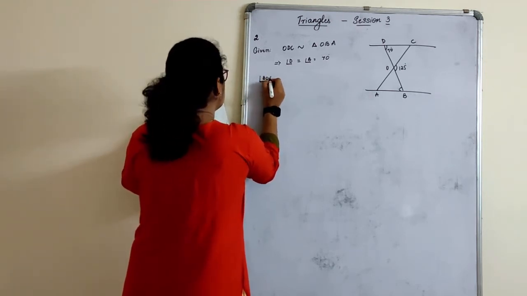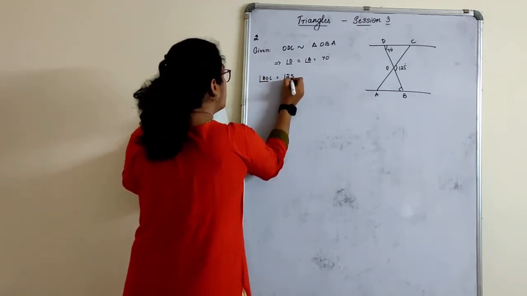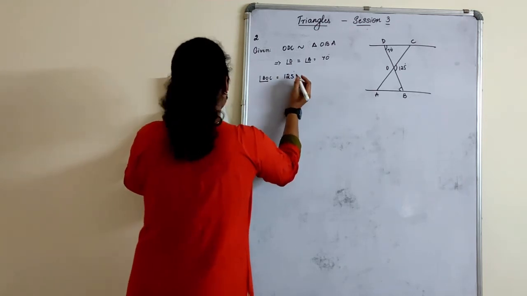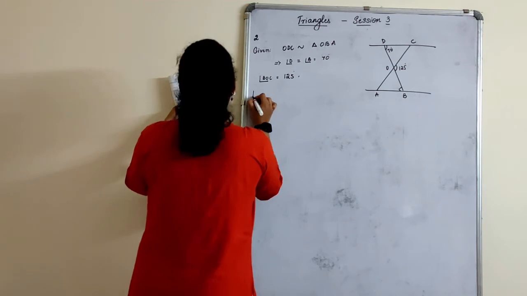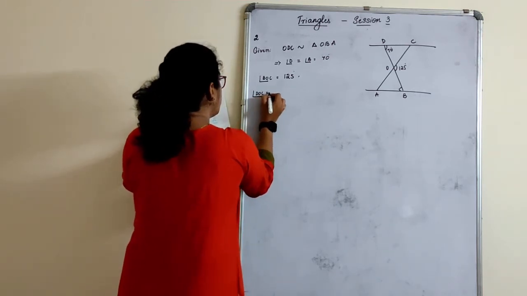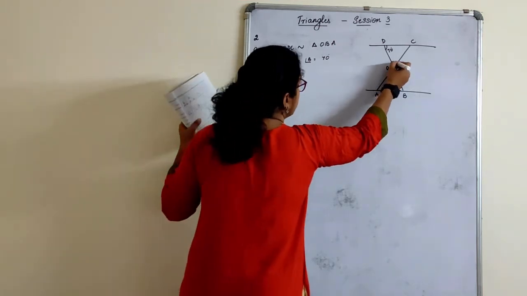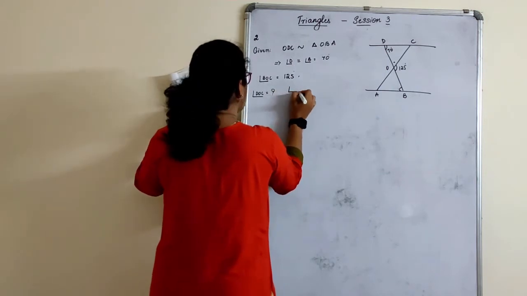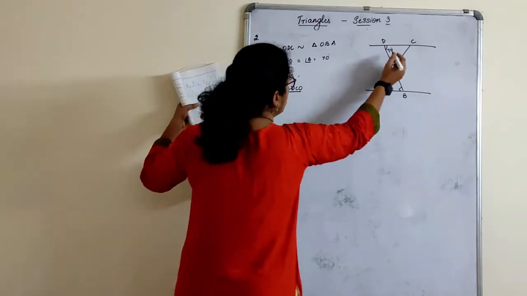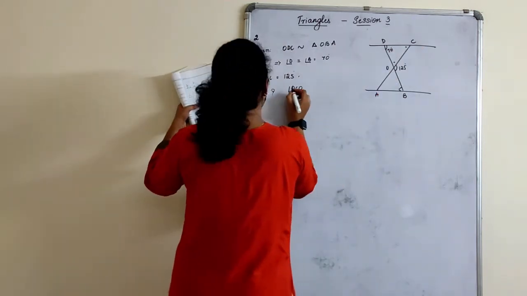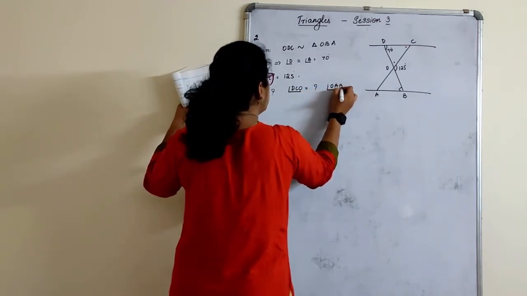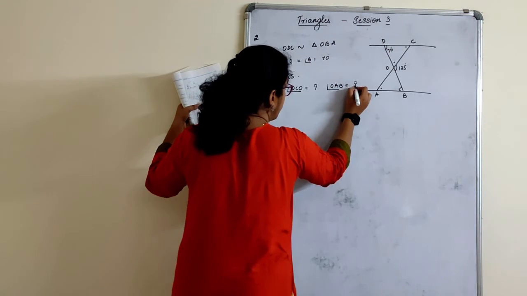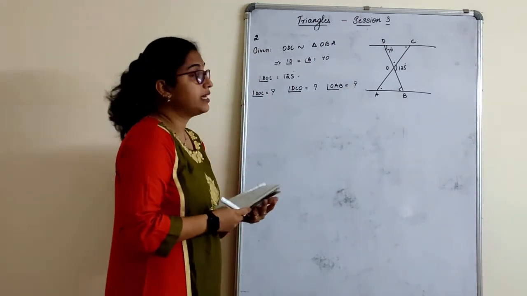Now we will write what else is given. Angle BOC is equal to 125. Written there. COD anyways we have written here. Fine. What we have to find? Angle DOC is to be found out. This angle is to be found out. Angle DCO, this angle is to be found out. And angle OAB, this angle is to be found out. Okay. So what will we do?